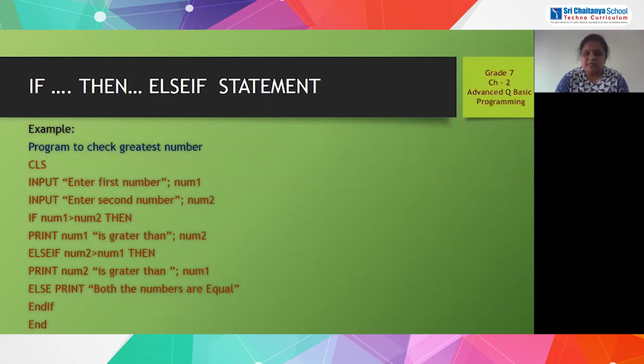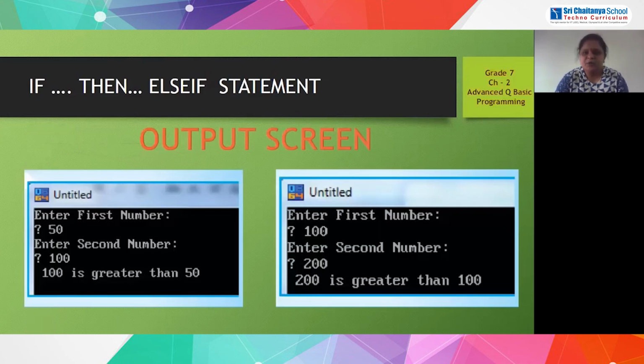You understood now? See, now one number may be 25, the other number may be 35. Then what will happen? 35 will be bigger. The second time I may enter number1 as 46 and number2 as 32. Then number1 will be bigger. The third time I may enter 25 and 25. Then what output should the computer give? That time the computer should say that both the numbers are equal. Because of that, to display that statement, we are using the if then else if statement here in this program. Let us see what will happen when we run this program.